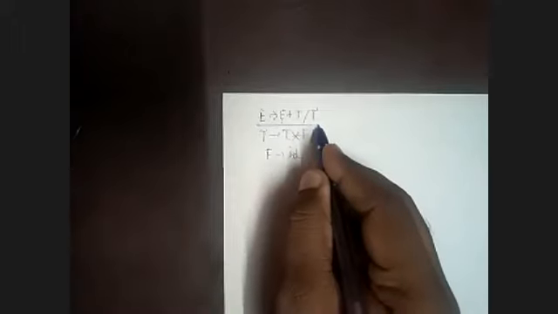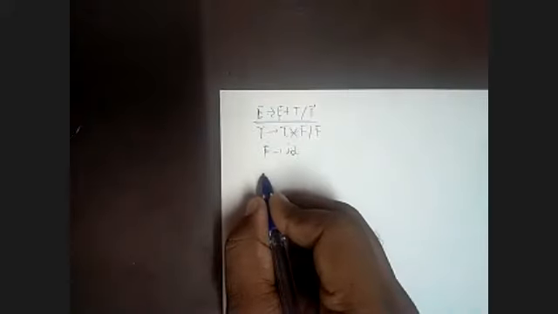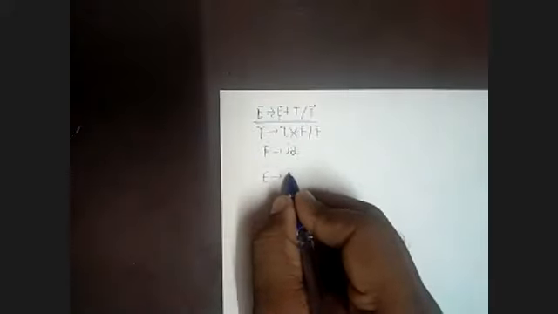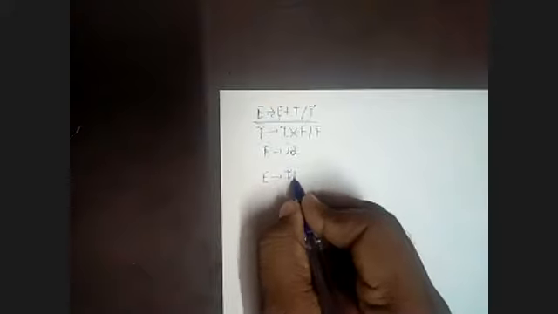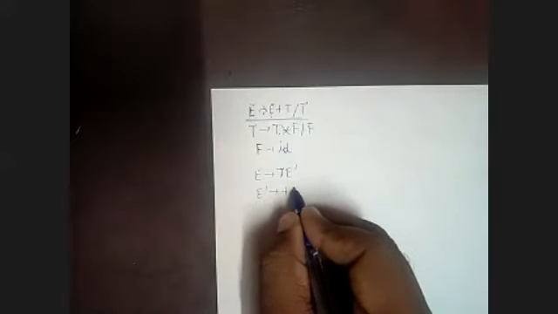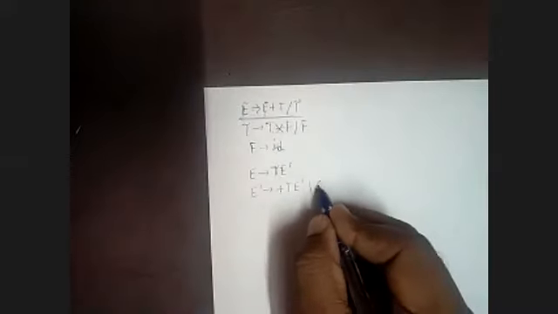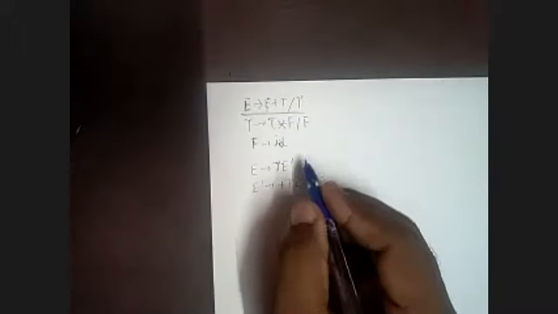So first we take care of this part. In this part, the next symbol is T, so we rewrite the production E tends to T E dash. Now in the next part, we eliminate this plus T and include the new production. So the new production is E dash tends to plus T E dash, and epsilon. This is the first part. Now on that basis we solve the second part.